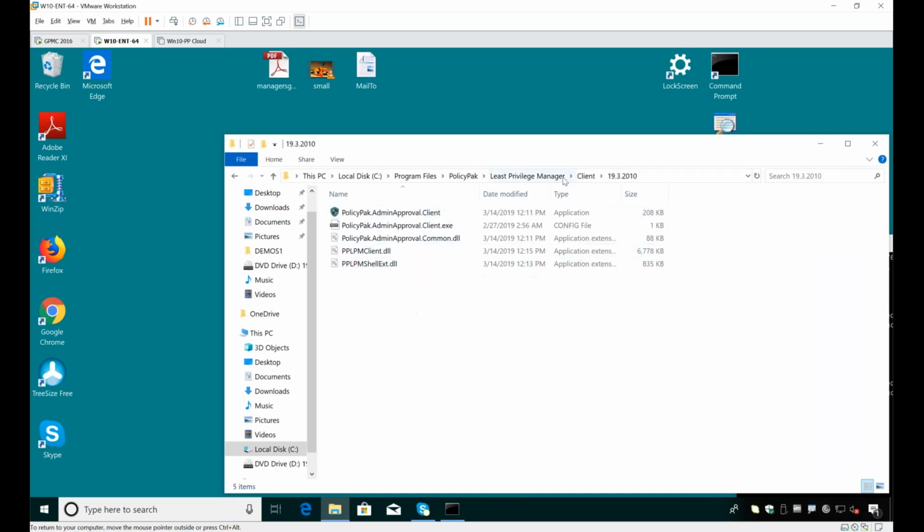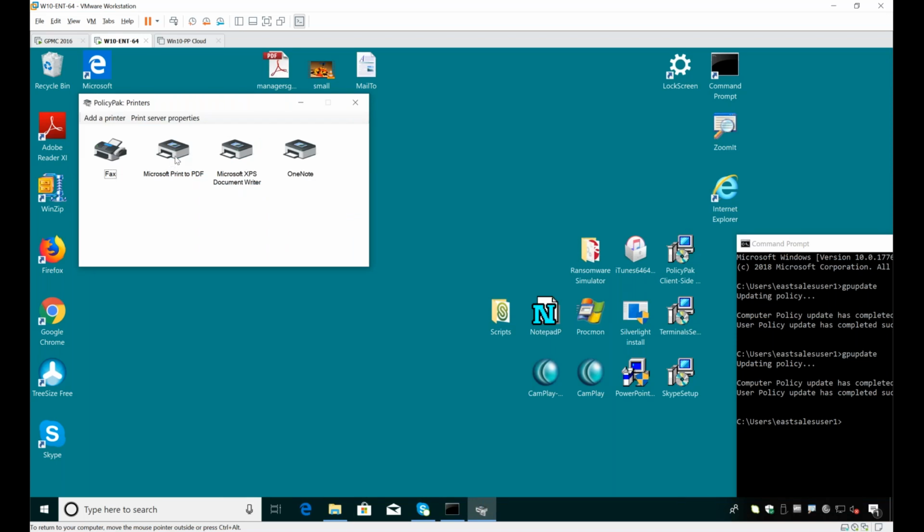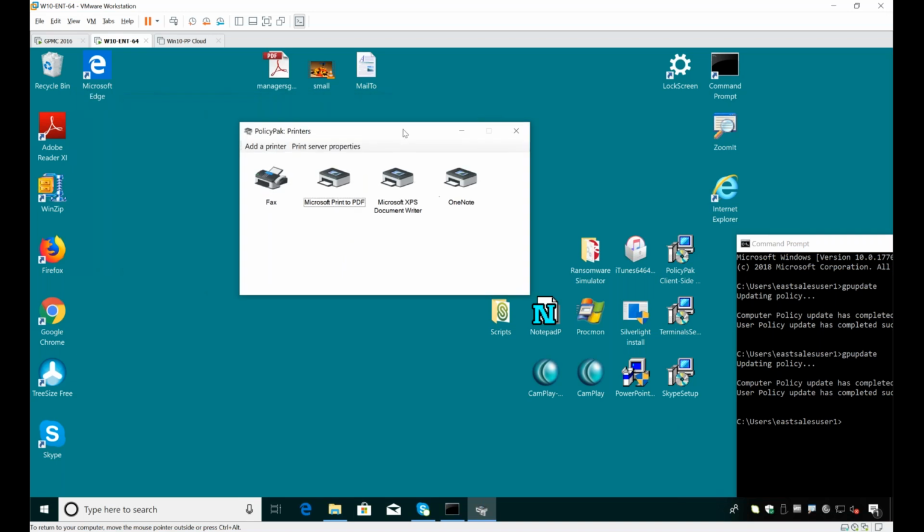It's called the PolicyPack printers sidecar app. It will let you change things like your default, remove, add a printer, and so on. You could put it on the desktop, in the start menu, whatever. You elevate this application. We have pre-configured rules to elevate it, and bang, you're off to the races. You could do things like printers, network cards, and remove software with these three little sidecar apps.